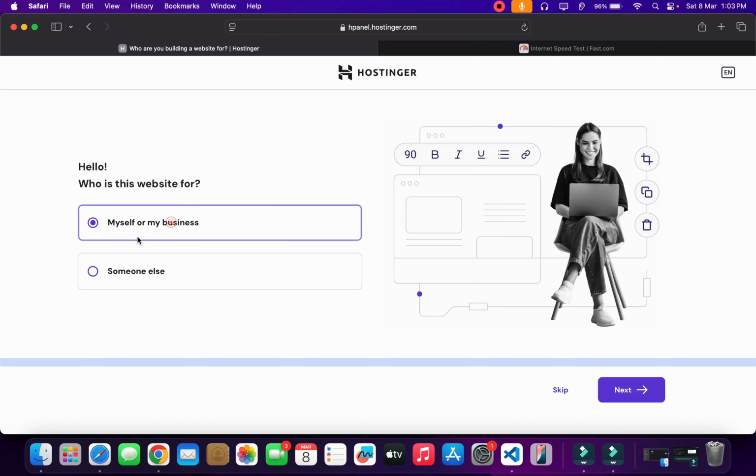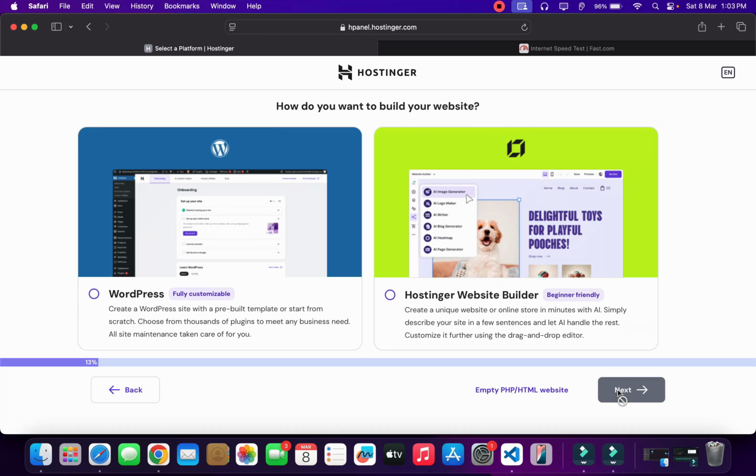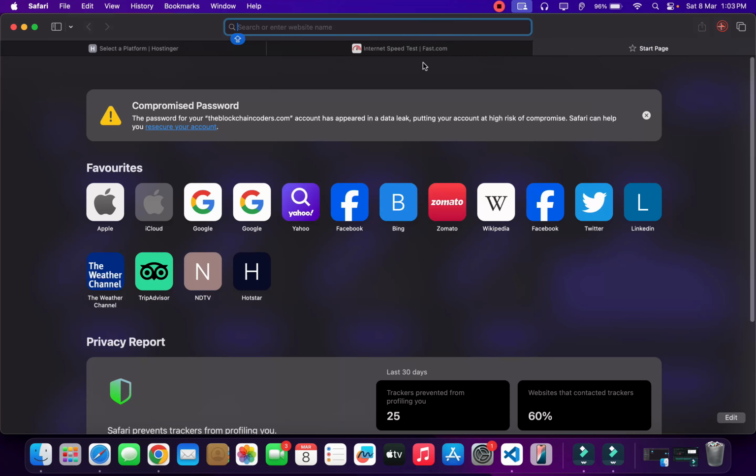So you can simply select my business and click on next, and it will ask you a couple of things, like how you want to create: migrate a website, grant access to a developer to do it for me, or you can simply go through the different steps. Here it will ask you to pick different providers, like hosting or a website builder, or you can do anything. So what I will do, I'll simply come back here and open a new tab, because once you do that you can simply come back here to Hostinger,